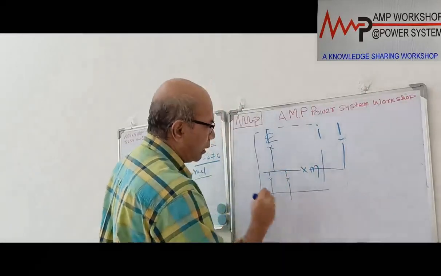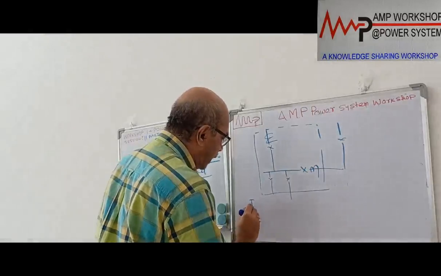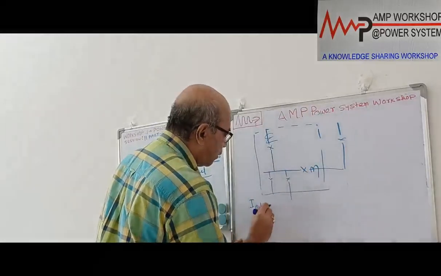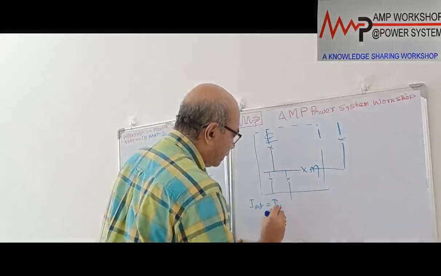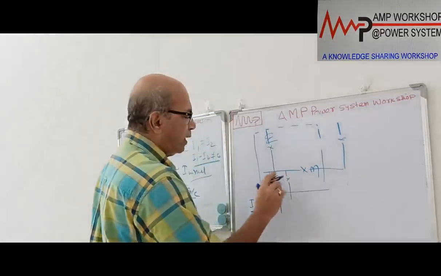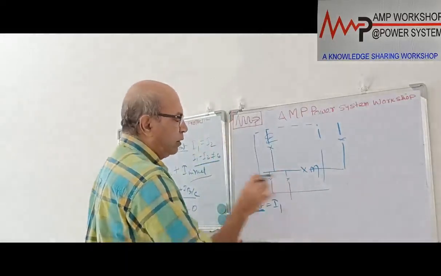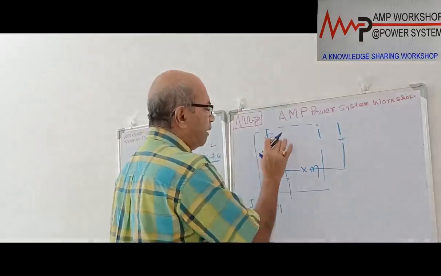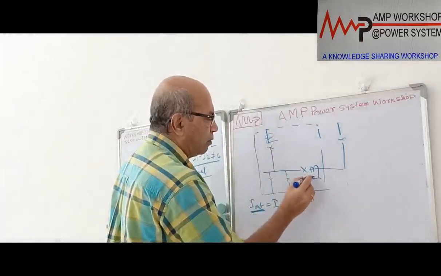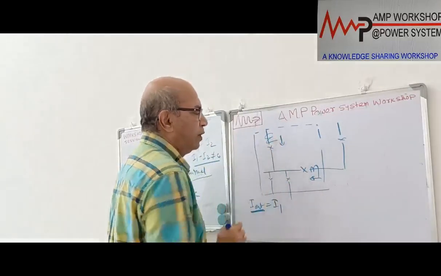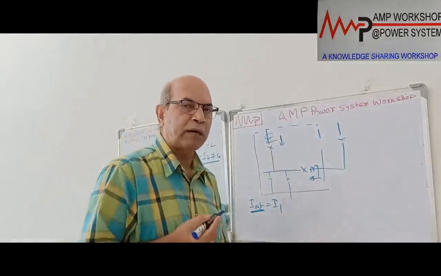So we have calculated all the outgoing, the total outgoing current, I outgoing. Suppose this is equal to I1. This includes the starting current of this. We have calculated this value. Now what we are doing, we have to sum these two currents, the current coming through this way and the current coming through this way.